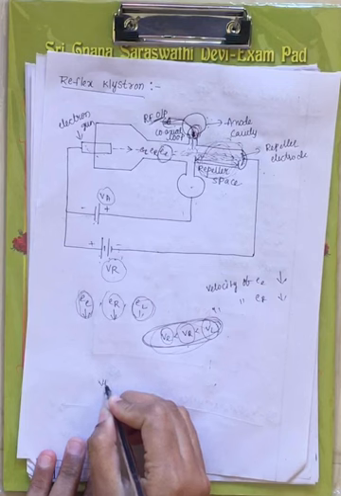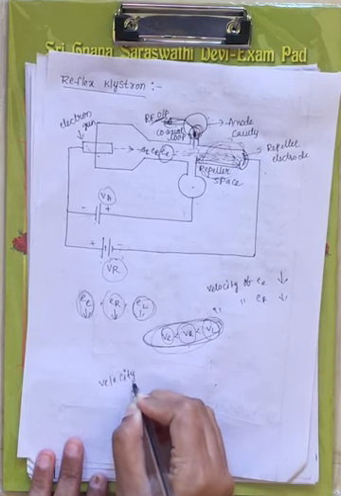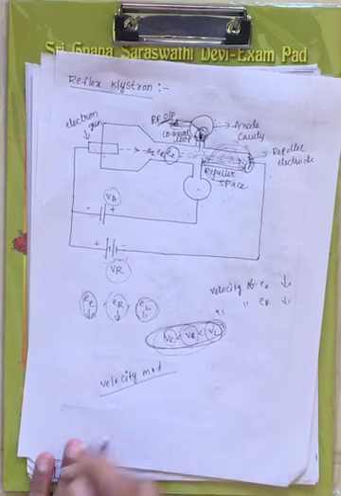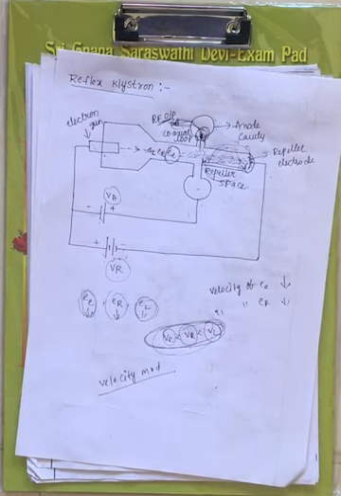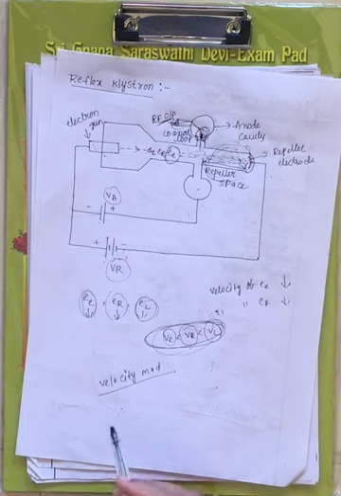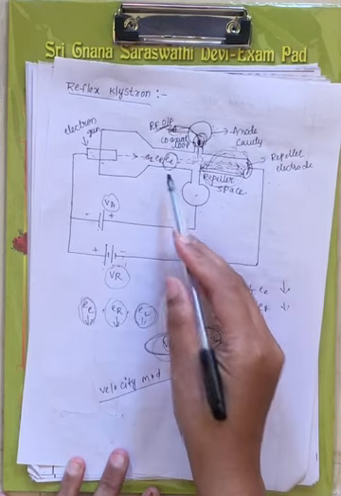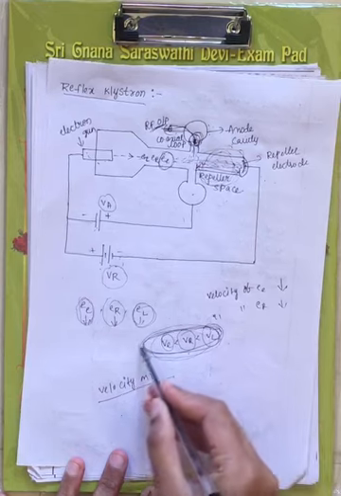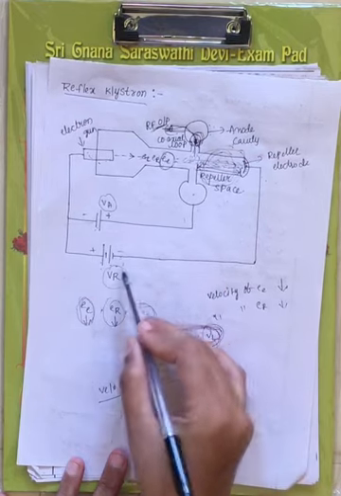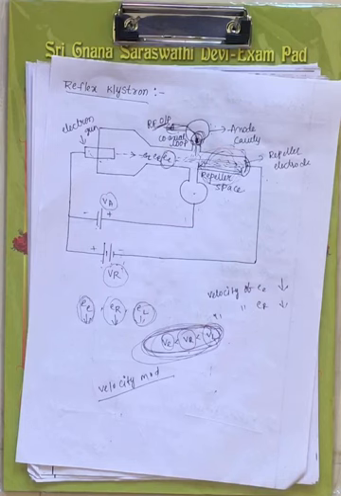Now here also it works on the principle of velocity modulation. Now what is meant by velocity modulation? As I have said under the two cavity klystron, that also works on the principle of velocity modulation. Now, variation in the velocity of the electrons because of the input applied voltage. If you see this early electron and reference electron, there is a variation in the velocity of these electrons because of this voltage; that we call velocity modulation. Velocity modulation is nothing but variation in the velocity of the electrons because of the applied input voltage, right? Now this is about the construction and the operation of the reflex klystron.